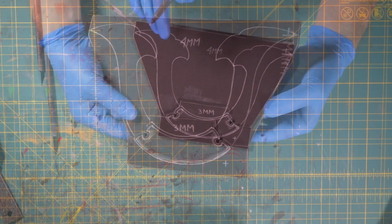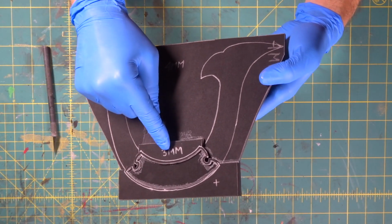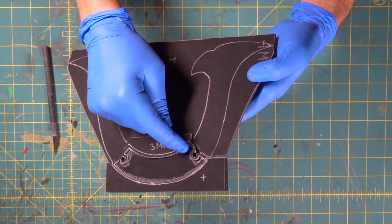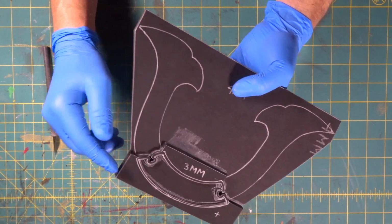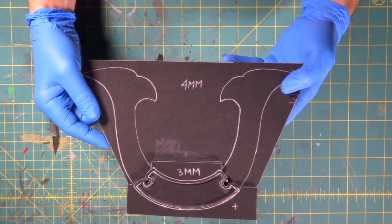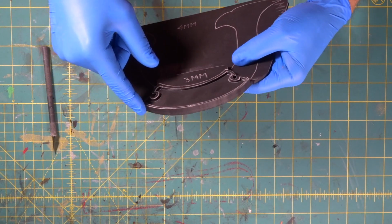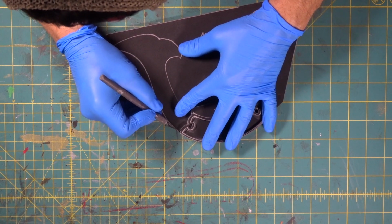All right, there we go. Check it out. Really cool. We've got 3 layers now. We've got this piece, we've got this middle piece here, and we've got this top rim. All right, so because we're getting a little bit thick back here, we're going to do these little bottom cuts on the bandsaw. All right, there we go. Check that out. Nice. Now we're going to come in with our X-Acto knife and we're going to cut